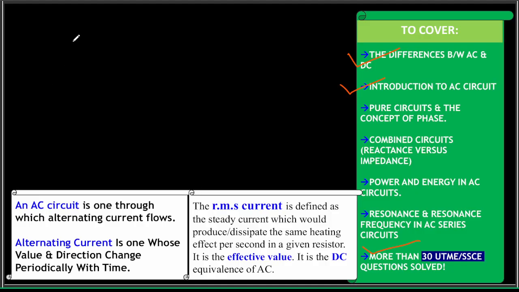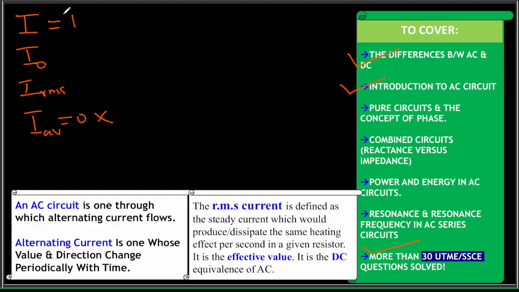All right, now I need you to know that in AC, you don't just say current is this, voltage is that. You have to tell us the one you're talking about, because it can be instantaneous current, it can be peak current, it can also be the RMS current. We also have the average current, but of course average current over one cycle is 0, so we don't often talk about this one. Now, instantaneous current, that's the current at a particular point in time or at a particular instance in time, is